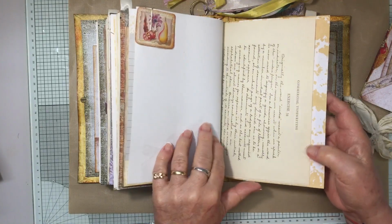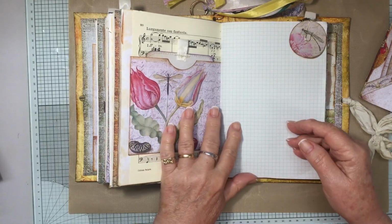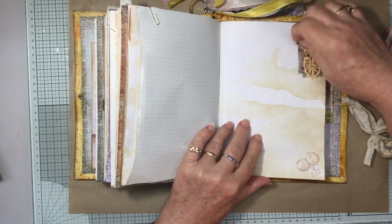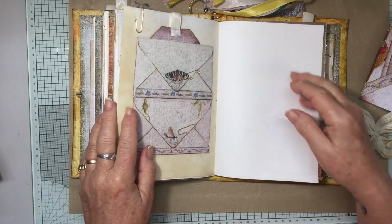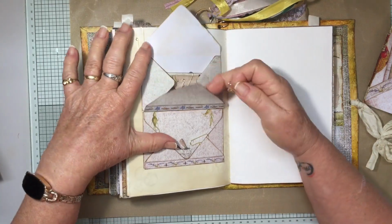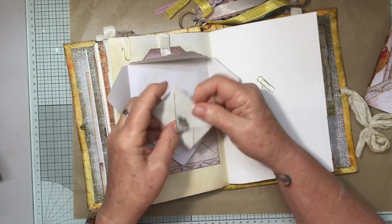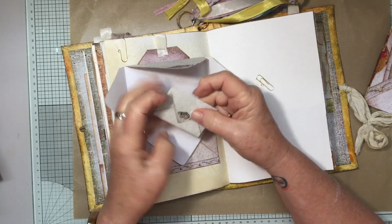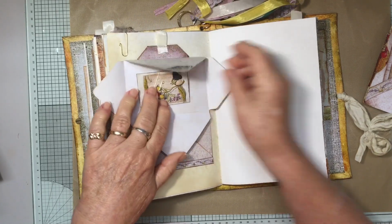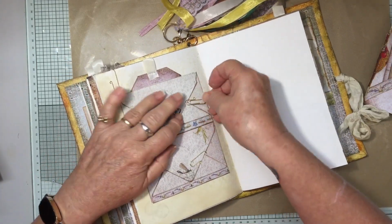So there's plenty of room for journaling, and there's also plenty of room for you to add your own ephemera. You can move it all around, make it your own, which is what I like to. That's why I like to put things on there that you can take out and flip wherever you'd like to flip them. These two pocket envelopes are the same, and inside that you can journal in there, and then I've got another little envelope in there that you can journal in as well. So these little envelopes can be put anywhere around the album as well, and I've just got that closed together with a paper clip